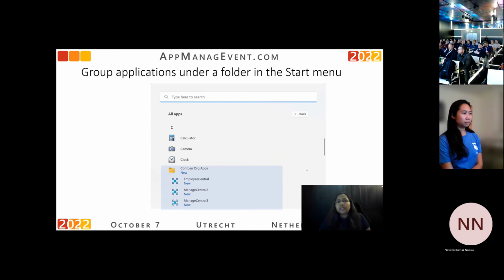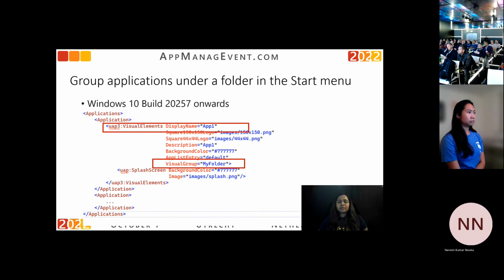Now it is possible that these applications being packaged together are a part of a suite, and you may want to group them together in a folder for easier access to the user or better representation. So this goal of putting all the applications from an MSIX together in a folder on the start menu can be achieved using visual groups property of visual elements item. You would need at least 2 applications to be there inside your MSIX in order to use this.